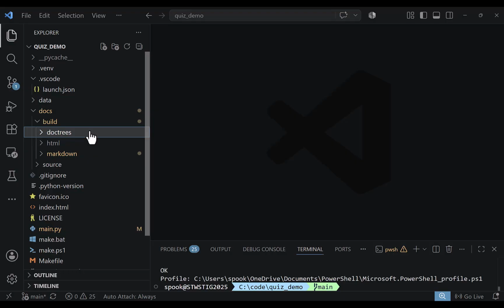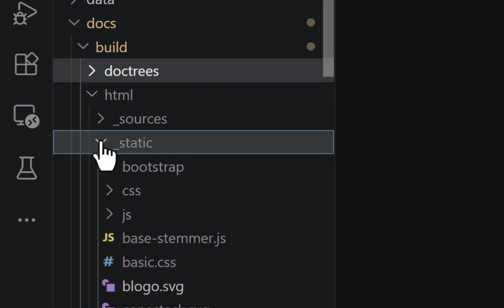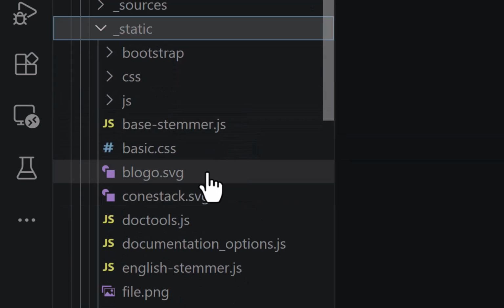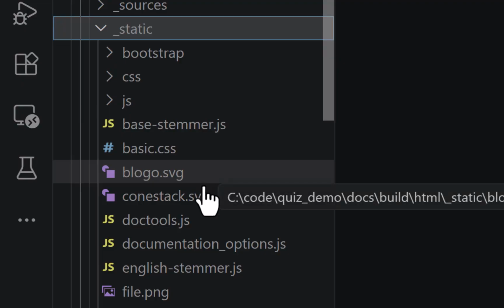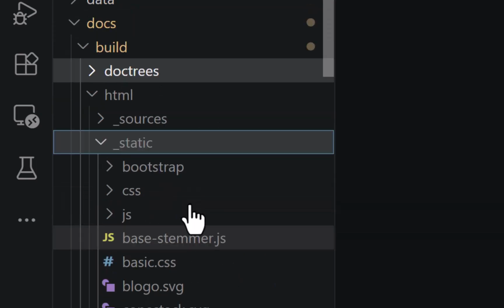Now, the one remaining thing is, how did I customize the HTML? Well, if we look at the HTML and we go into the static folder, you can see that my logo got copied into it, as well as the default logo for the template, ConeStack. And again, praise to ConeStack, they did a lovely job. I just wanted to do my logo for purpose of demonstration. If I want to change that